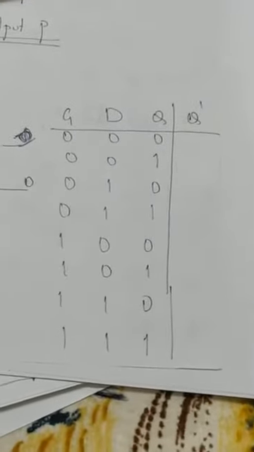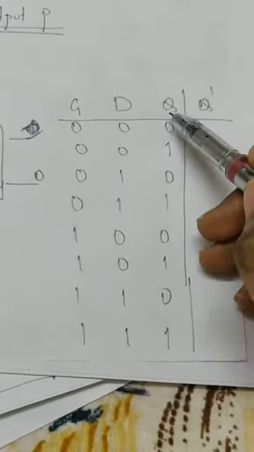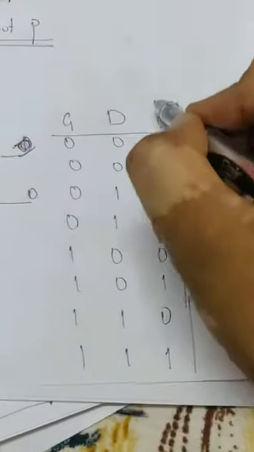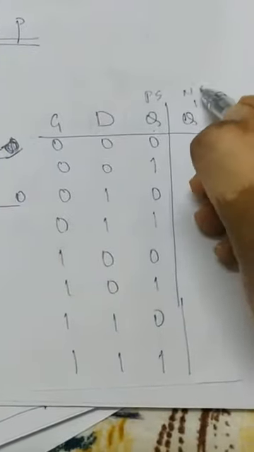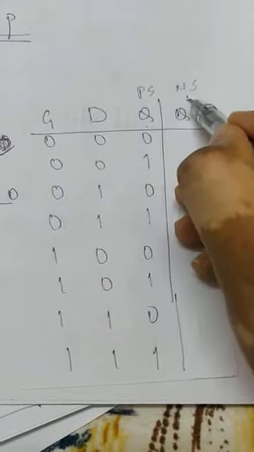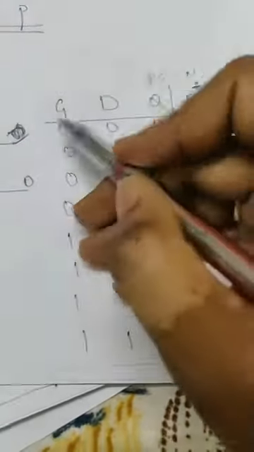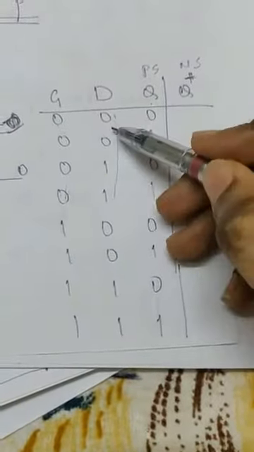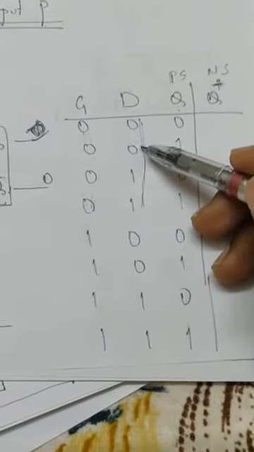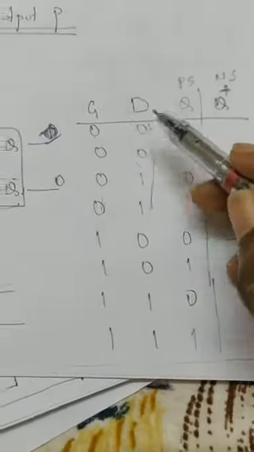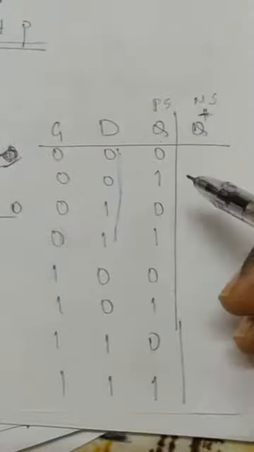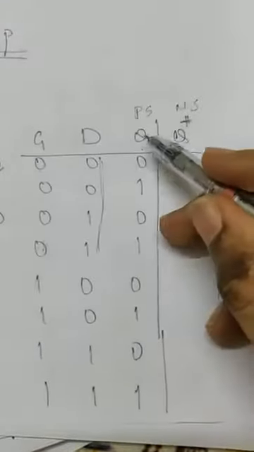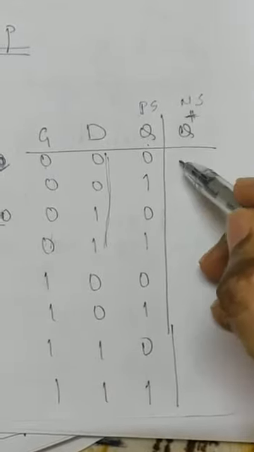The truth table for this D flip-flop is given here. This is your present output of Q, present state PS. This will be next state NS, so I have written Q plus. This is G, gate. Whenever gate is closed, it won't take the D input into consideration, whatever the D input might be. It is never going to perform its operation. It will just retain its previous state. Previous state is nothing but Q. The next state will be the same thing.